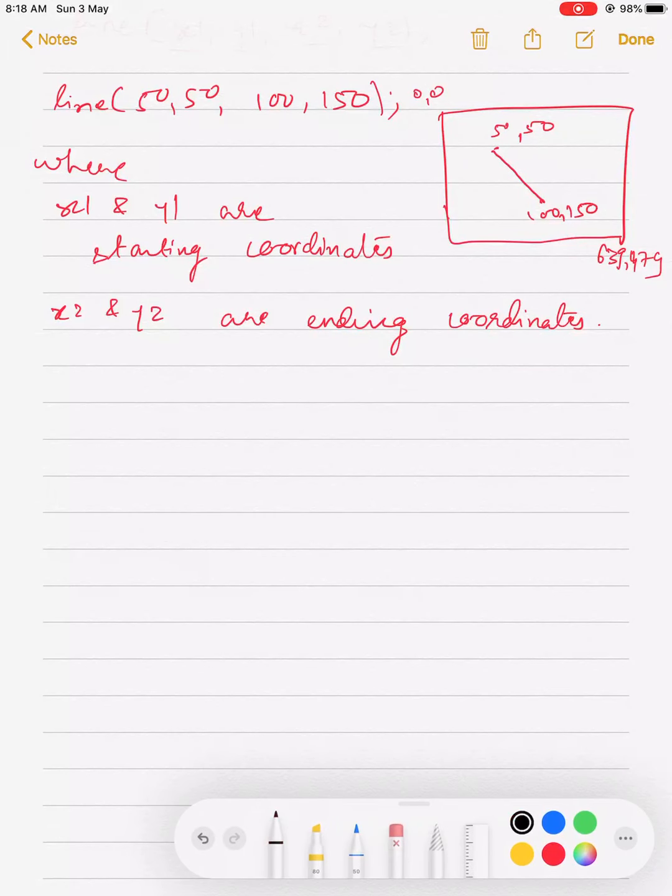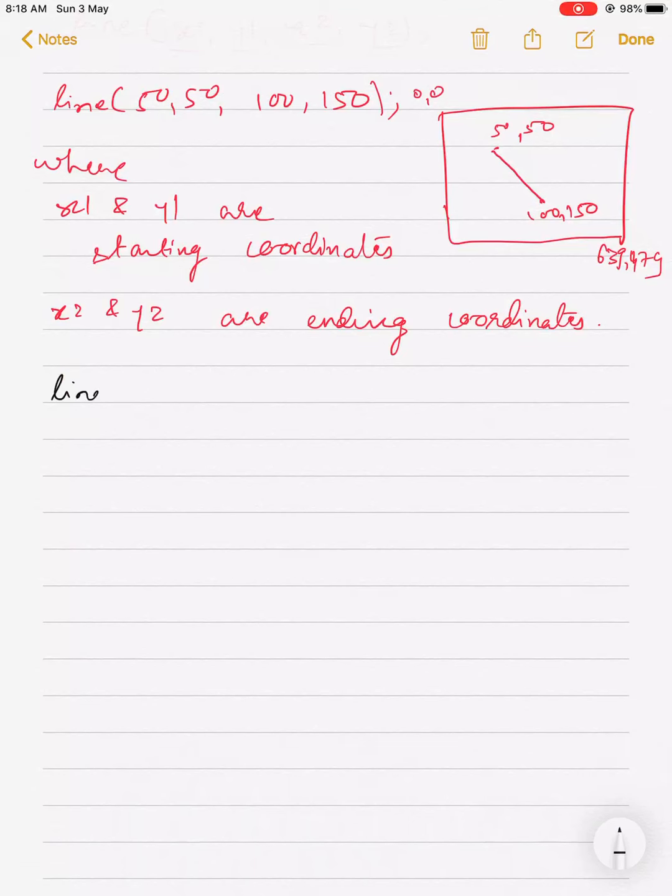Now another function available in the line family is the lineto function. Let's check what is the use of this particular function.